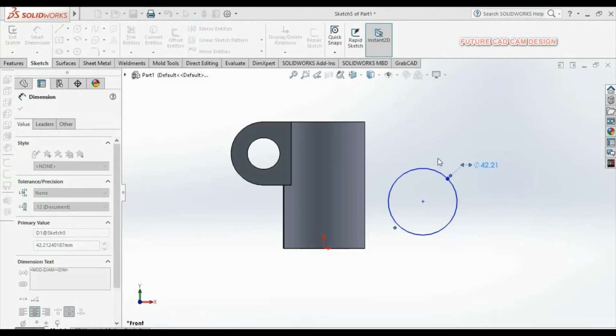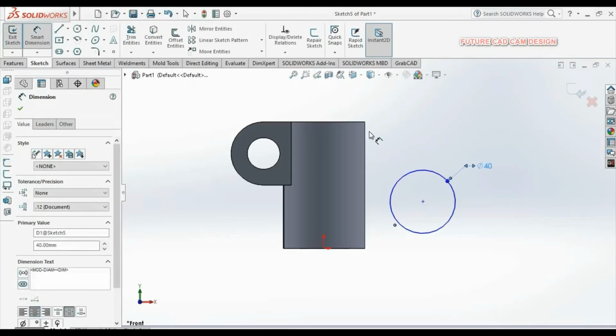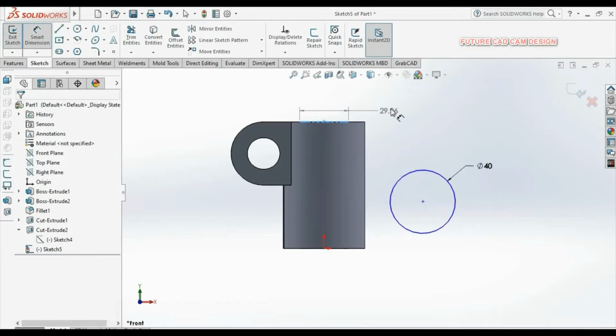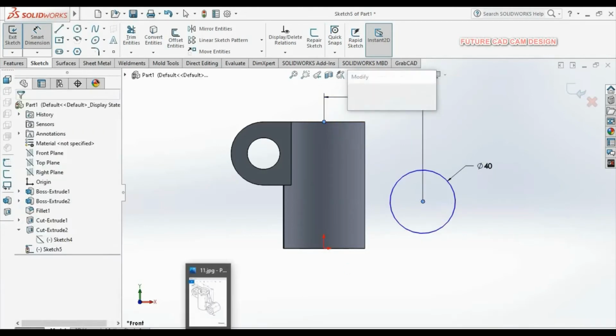Then we will give a dimension and align the circle. Choose the center point of the previous feature and the center point of the new circle and then give the dimension as 57. We can check: 45 plus 12, so a total of 57 mm distance.